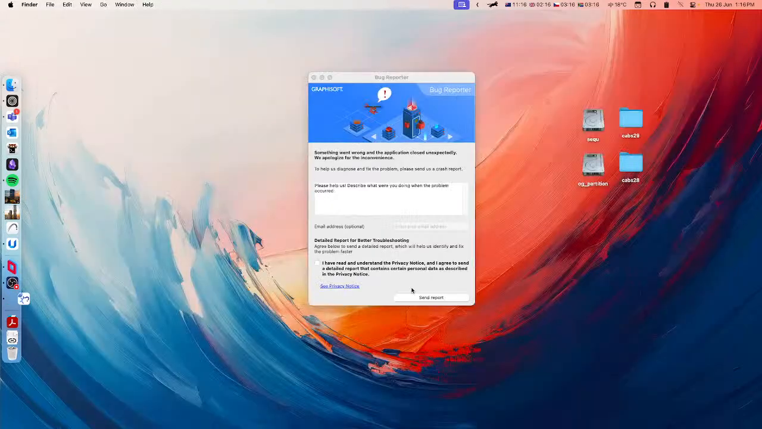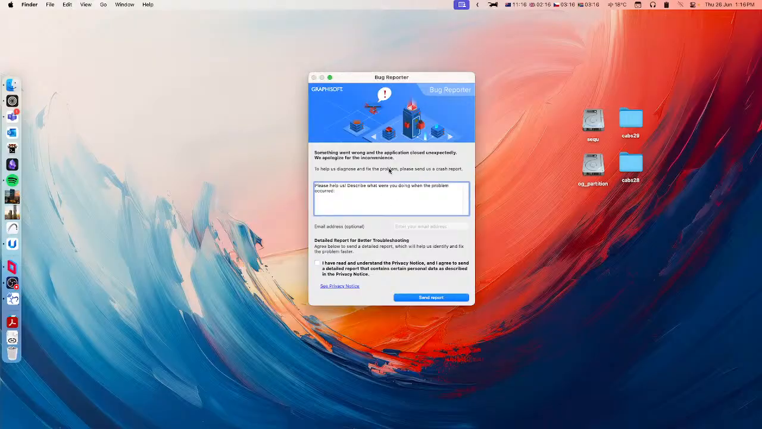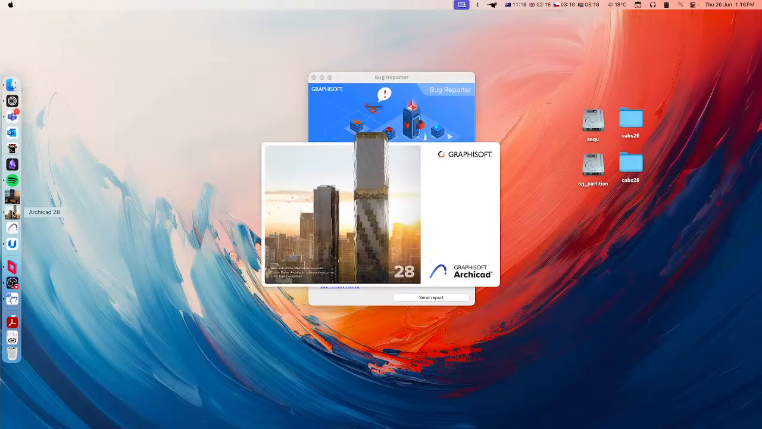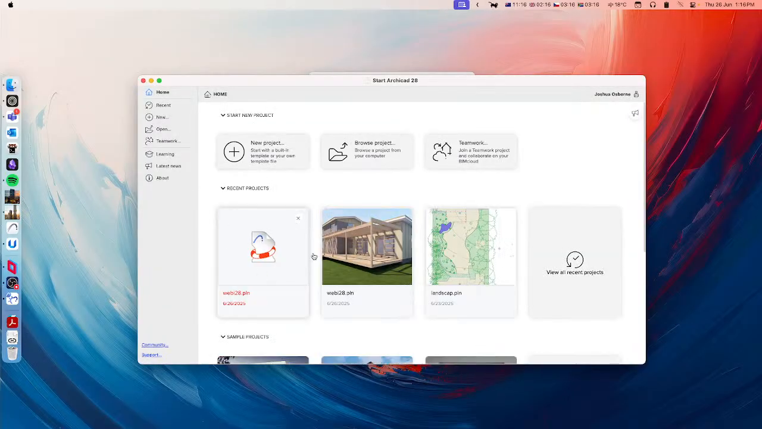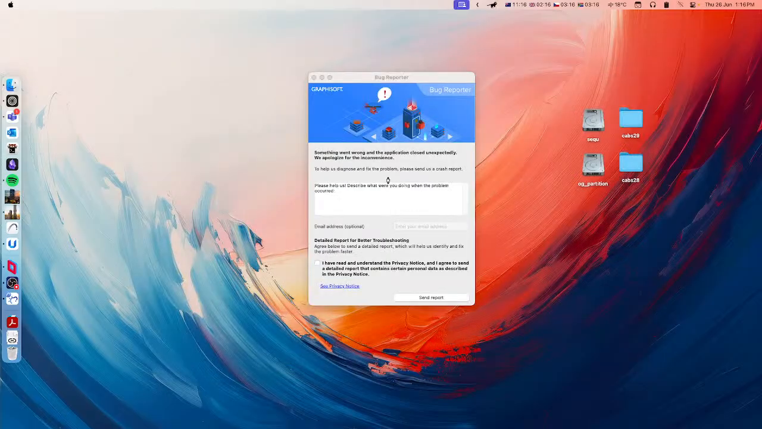And oh dear, I've crashed ArchiCAD. Let me just start ArchiCAD back up again. Not quite sure how I did that. I actually have had this happen before when I use the streaming software, so I think it's a conflict of some sort. But while that's starting up again,